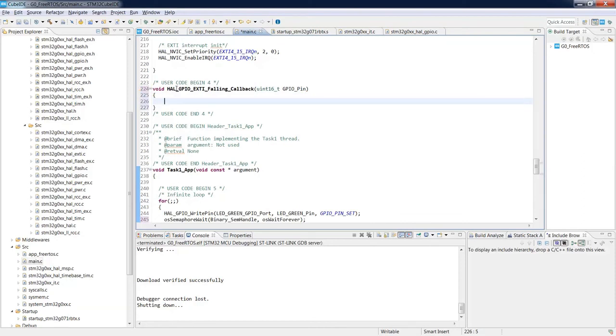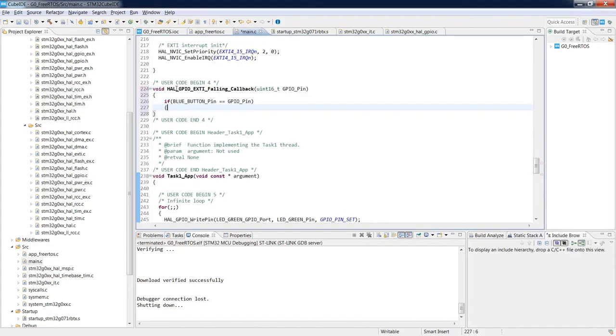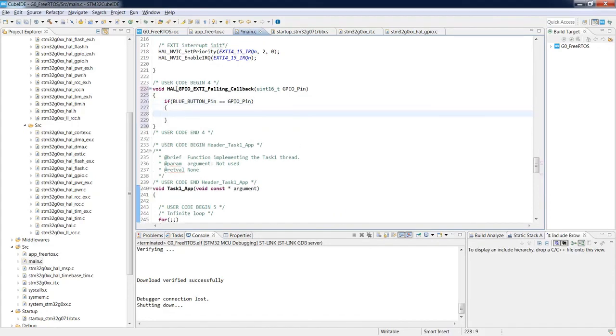Then we can check whether it was exactly the pin we were looking for that called. So I would put if, and then I would use this blue pin label. So if our variable, the GPIO pin, is this blue button pin, I would release the semaphore.